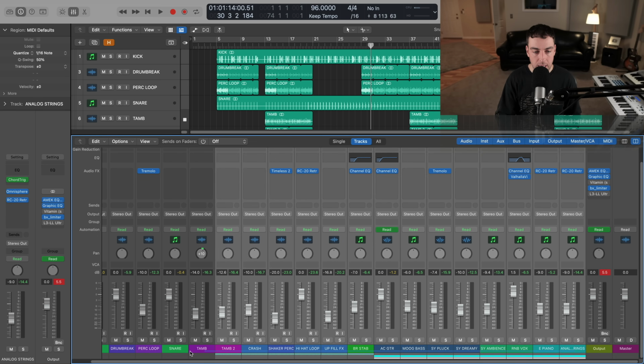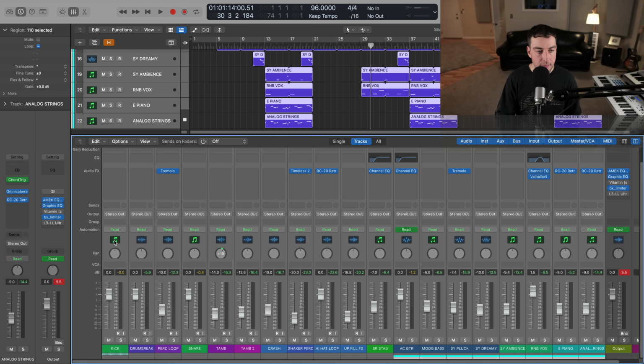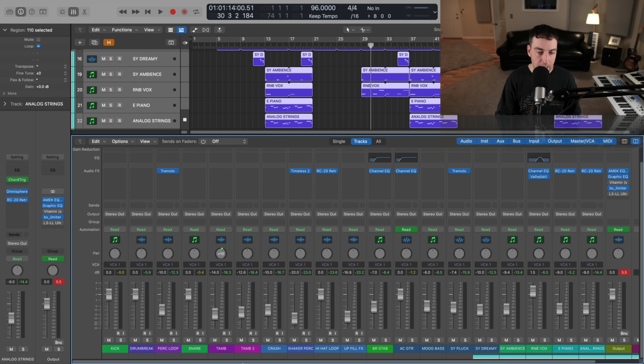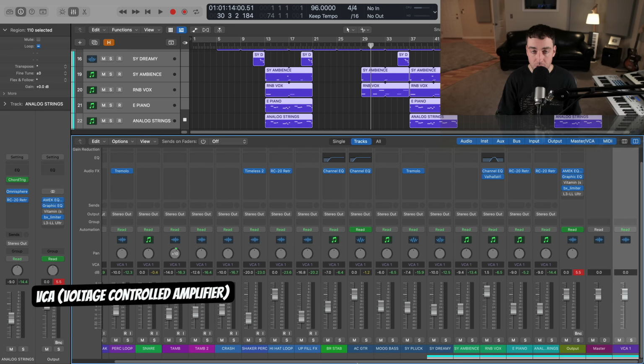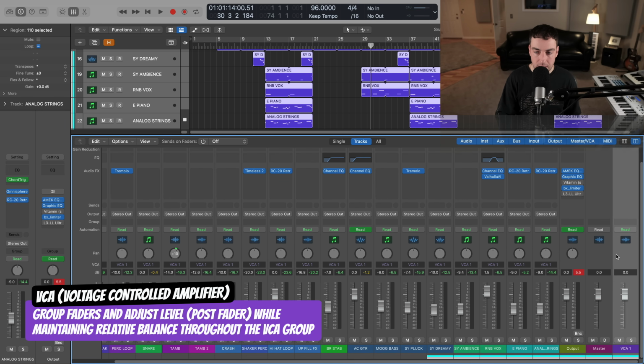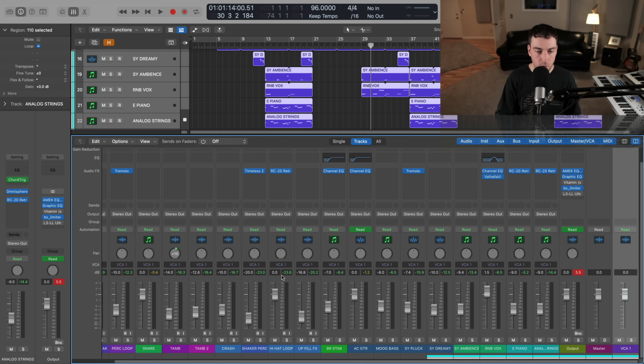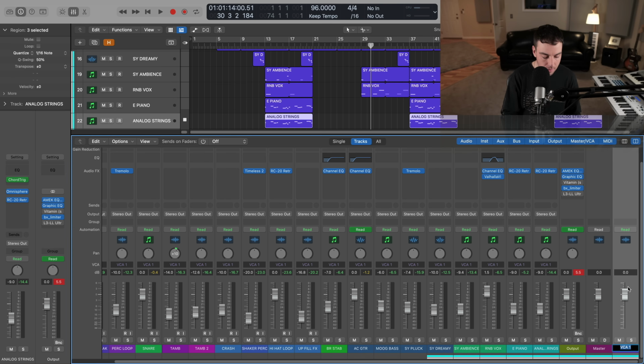But let's go ahead and just select all of our beat tracks. And then we're going to go to our VCA section here, and we're going to create a new VCA. VCA stands for Voltage Controlled Amplifier, and essentially it just gives us an additional fader that's going to control all the levels for the faders that we just selected on the mixer, compared to something like a group fader. Some of those don't react with things the same way. So this is the best way to do it, is just to set up a VCA so that when we bring this down, everything about our balance is going to stay the same. It's just going to bring all the levels back.